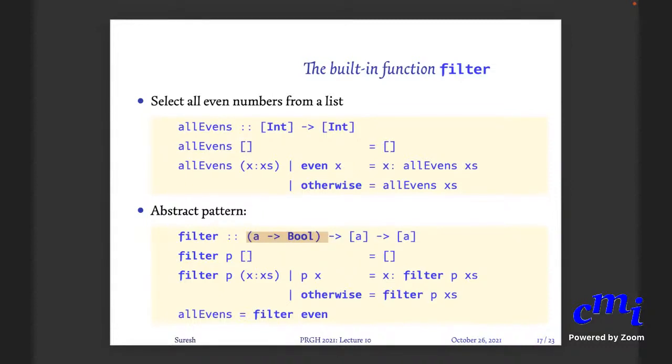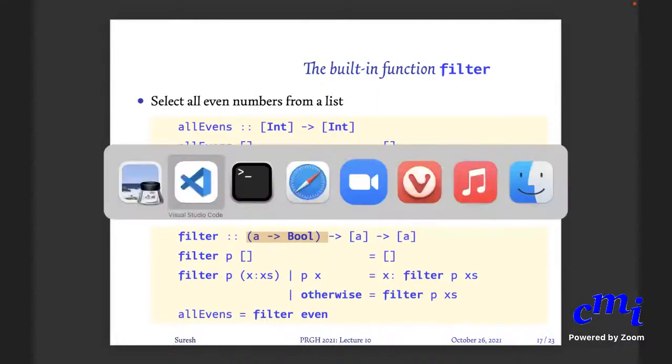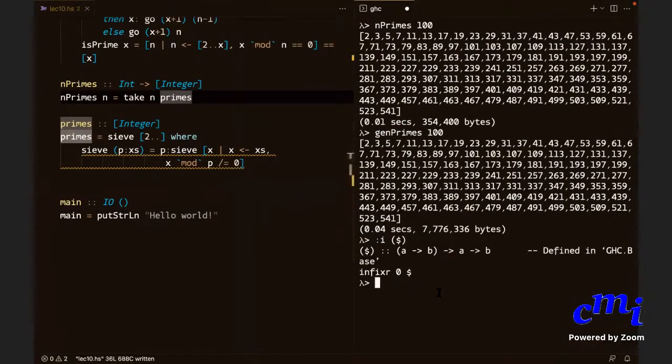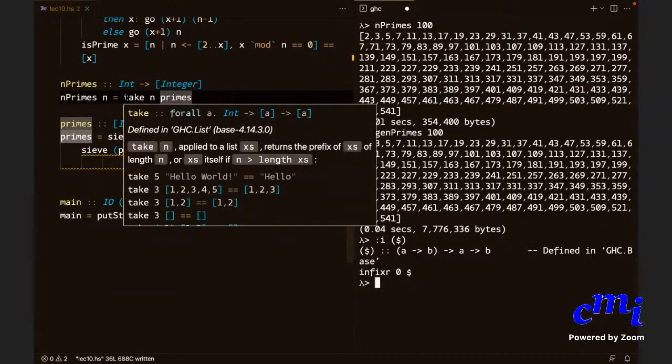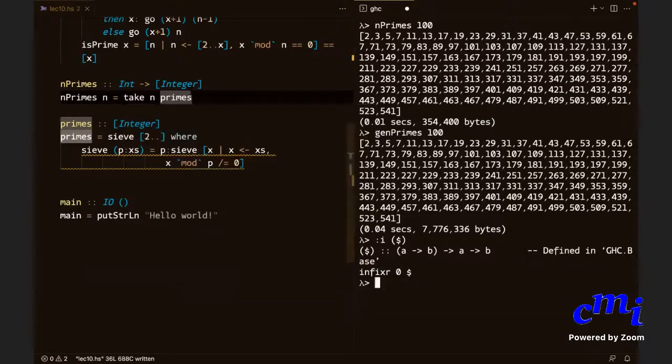Sir, could you please go to GH7? Yes. So while doing n primes, we wrote take n primes. So for that we need the list of primes, and first Haskell will find out the infinite list of primes now. No, it will not. That is what I've been talking about. It will try to do take n of the expression. That is where it will start. It won't do primes. What is the list primes? Primes is right now an expression.